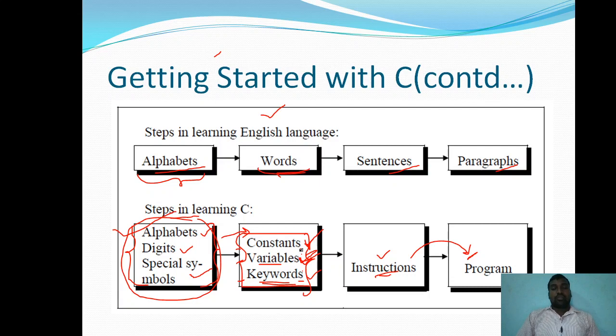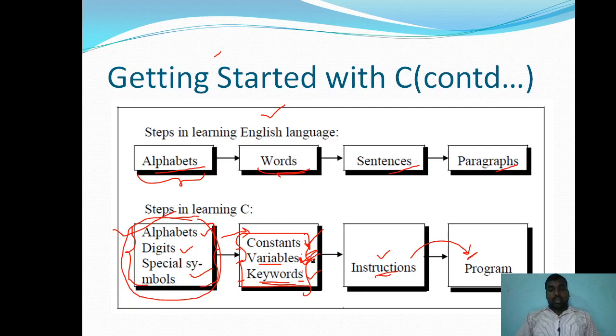So from the beginning to the end, a value that cannot be changed is a constant. If it is changed, then we call it a variable. Keywords are nothing but reserved words. The meanings of those words are already defined, so they are predefined. That definition is given by the developer of the C language, Dennis Ritchie, who gave the meaning of those words.